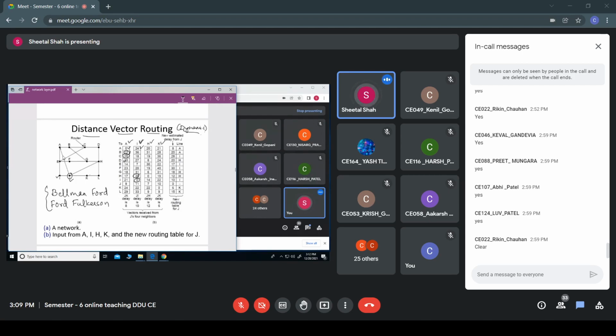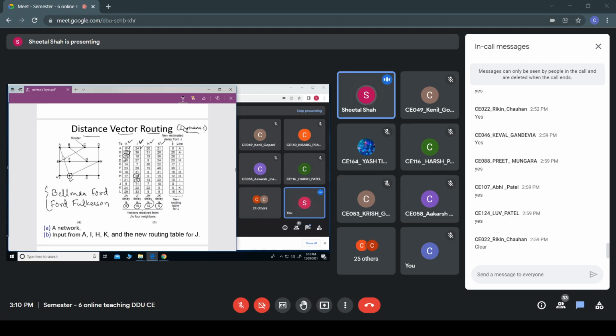And J itself knows that the delay from J to A is 8 units, J to I is 10 units, J to H is 12 units, and J to K is around 6 units. Hope you all are getting this.